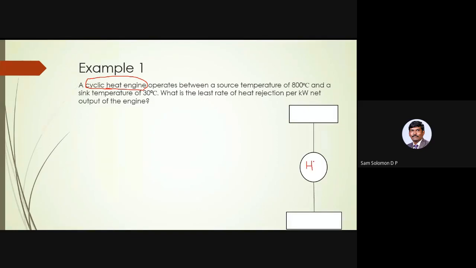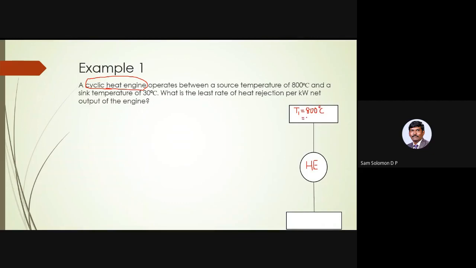So I have 2 rectangles and a circle. The circle is to represent whether it is a heat engine, refrigerator, or a heat pump. And the rectangles are to mention which is the source and which is the sink, which is T1 and T2. Because it is a heat engine, this is going to be T1, which is 800 degrees centigrade. That is what is given to us in the problem. Immediately convert it to Kelvin. That should be your immediate next step.